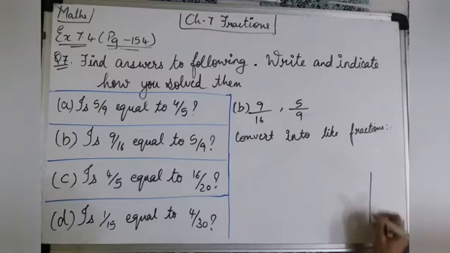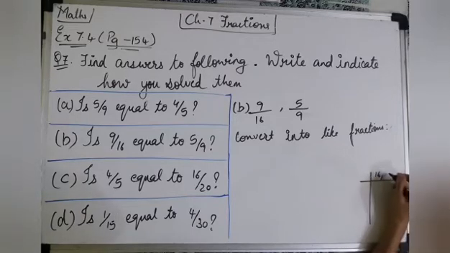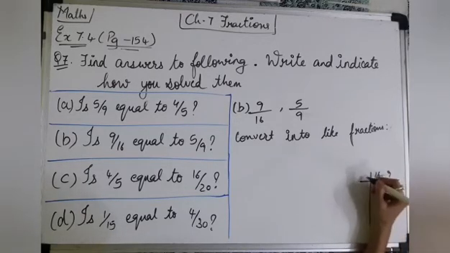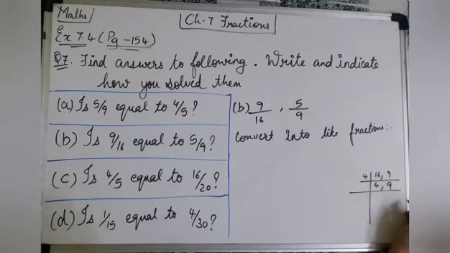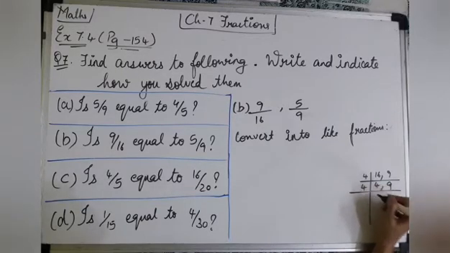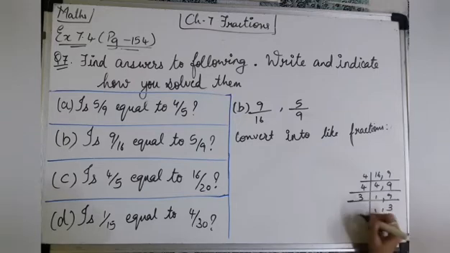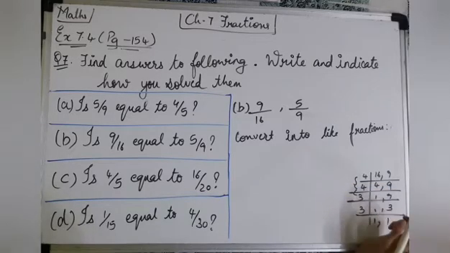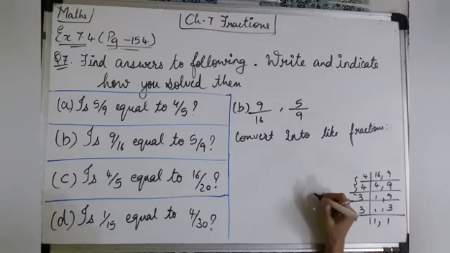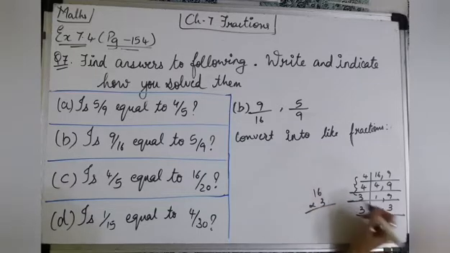So take out the LCM of 16 and 9. 16 is coming in the 4 table, 4 4s are 16, but in the 4 table 9 is not coming. We'll carry it down, writing it like that only. Then 4 1s are 4, 3 3s are 9, and 3 1s are 3. 4 4s are 16. Now 16 3s are, I'm not knowing, so multiply it.